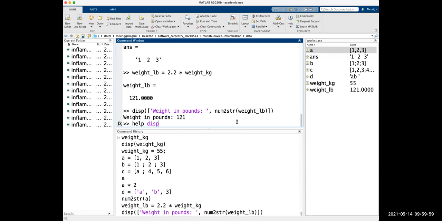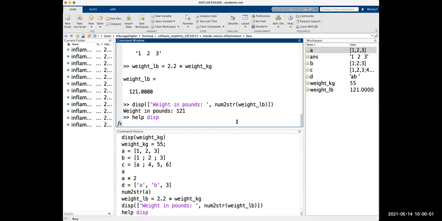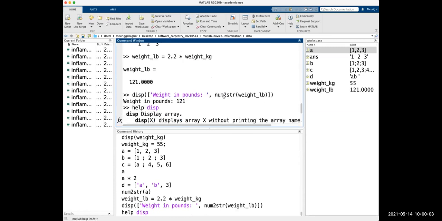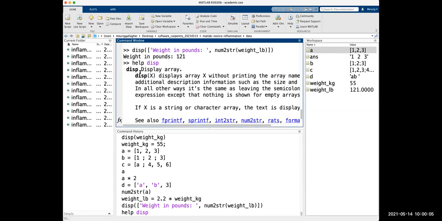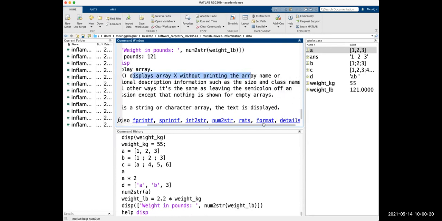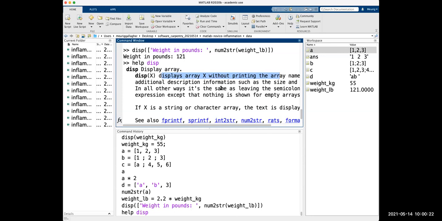In this case, we're using the display function, and you hit enter, and it searches, and we can scroll up, and it tells you all the information. So disp, this is the function name. What it does is it displays an array. It takes one argument, that's x. It displays the array x without printing the array name or any additional description information.